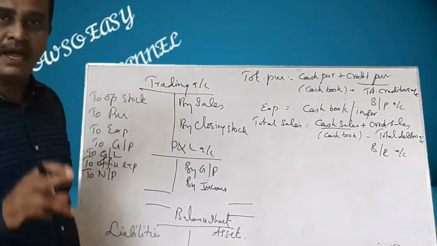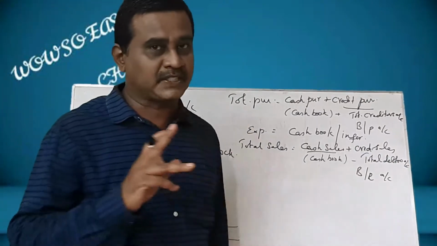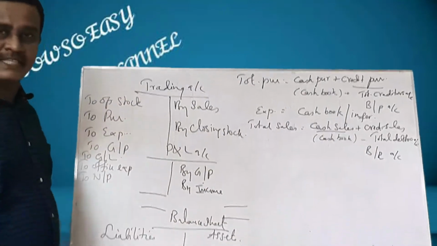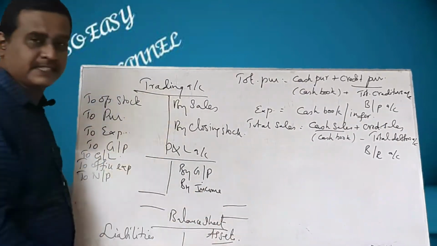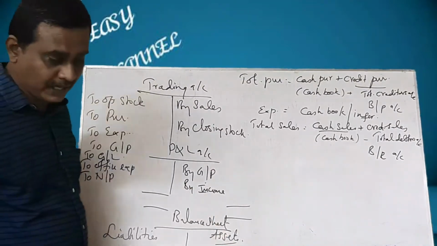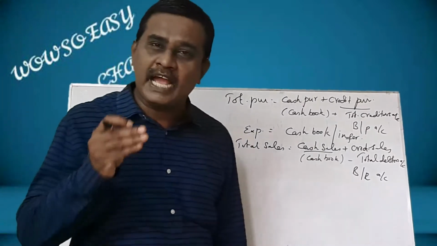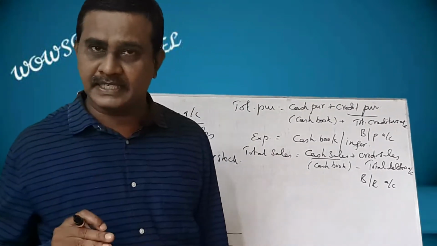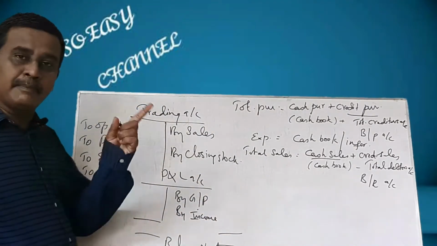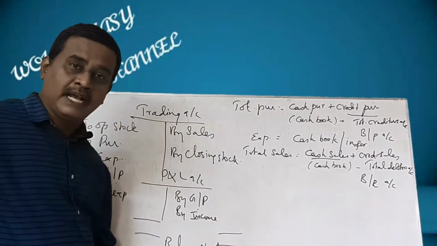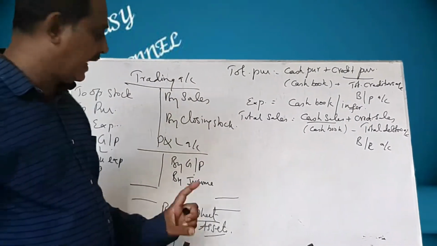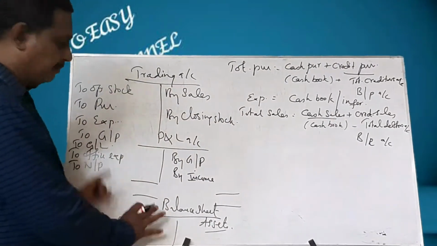Remember, net profit or net loss will be transferred to the capital account, and we have to prepare the balance sheet. You know assets and liabilities. Assets will be brought here, and if any adjustments are given like depreciation, it should be shown in the P&L account, and the depreciation should be subtracted from the concerned asset and the remaining amount shown in the outer column. Likewise, you have to prepare the balance sheet.